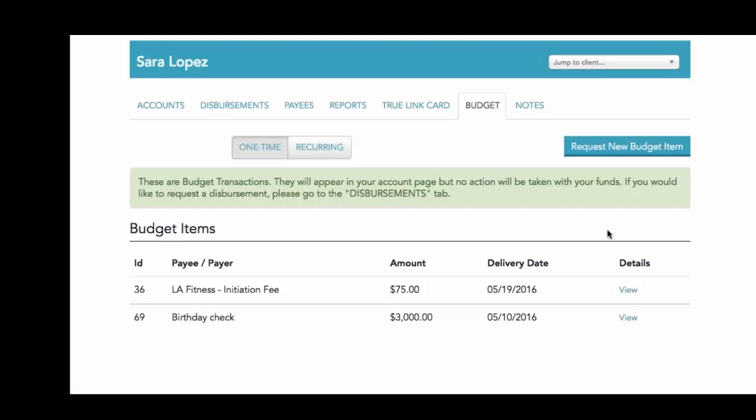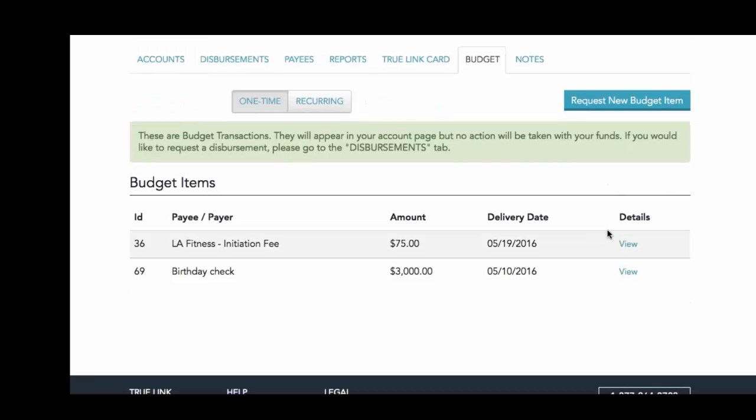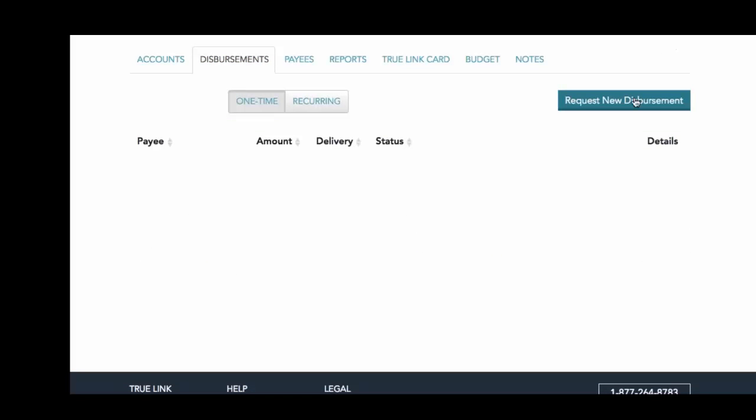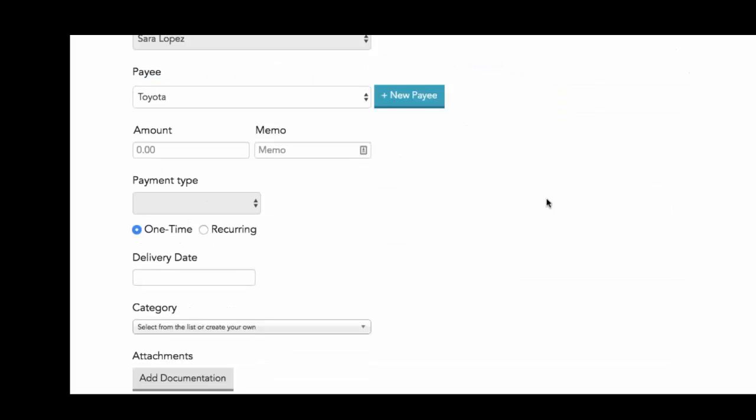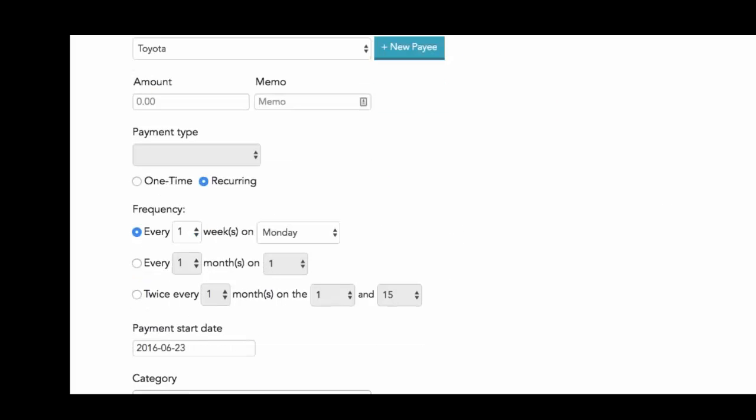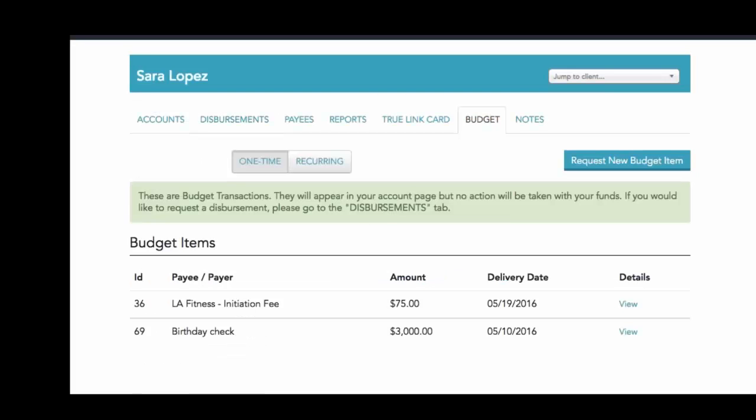Additionally, I mentioned how you can set up one-time and recurring payments using the disbursement strategy or the disbursement plan. To do that, you create a disbursement just like we did before, but you set it up to be recurring. So let's say you want to pay the home care agency every month on the 1st for a certain amount. You put that setting in place, and then that would be approved once, and it would happen every single month.